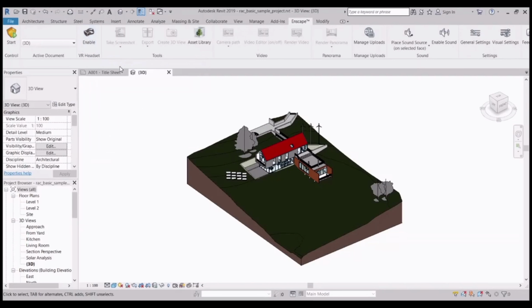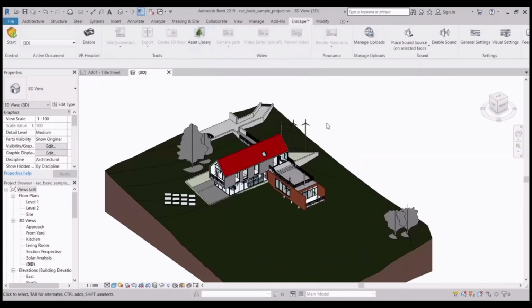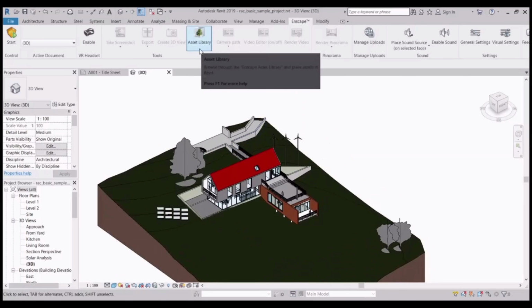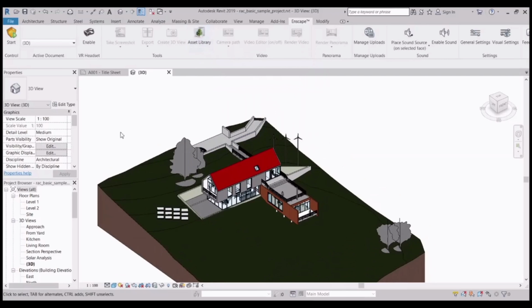Currently we do not have one, and we have this asset library. Enscape has its own assets, so you can access those assets. Those are locked families, or you can say Enscape assets, that can be accessed in Enscape.